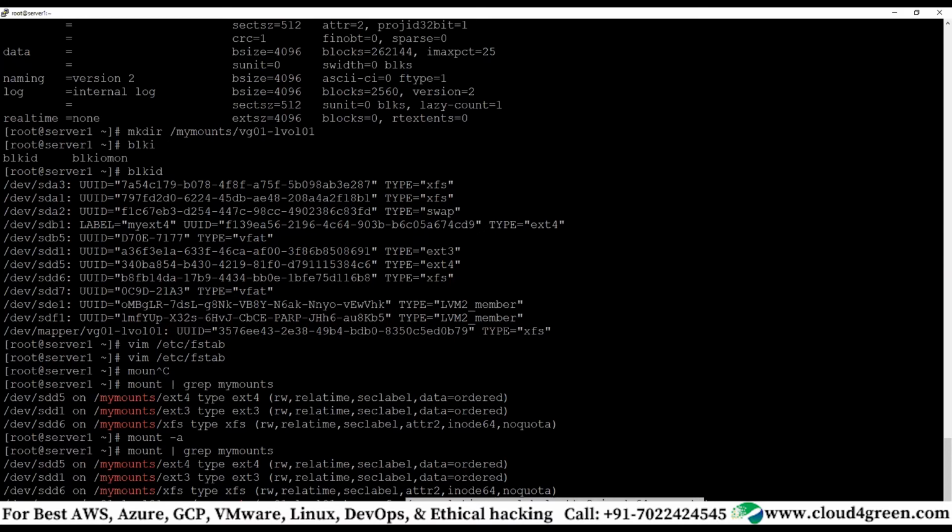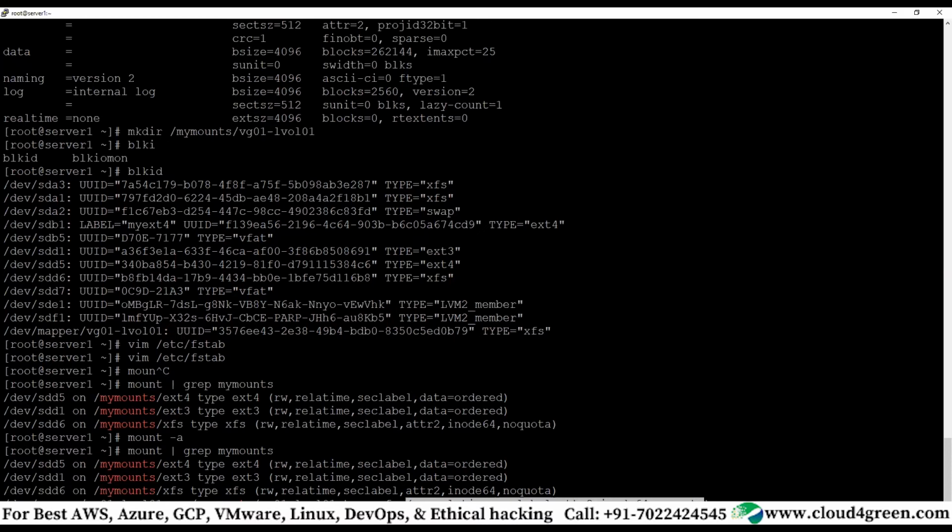If you're preparing for an examination, there are a couple of questions related to fstab. That means you need to make sure that the data is mounted, or your partition which you have created is mounted across reboots. It should not happen that you have done everything and after a reboot, nothing is there. So that is where fstab comes into the picture.